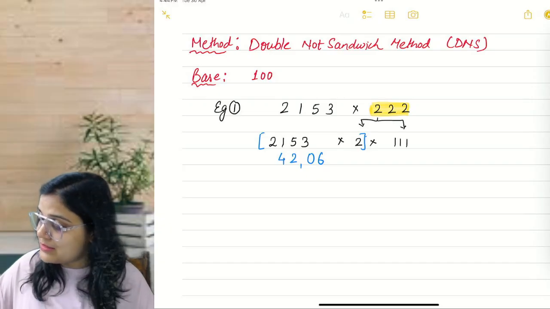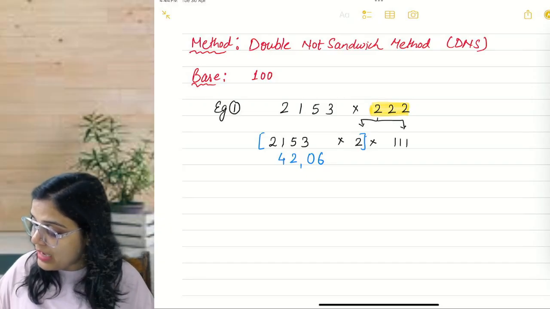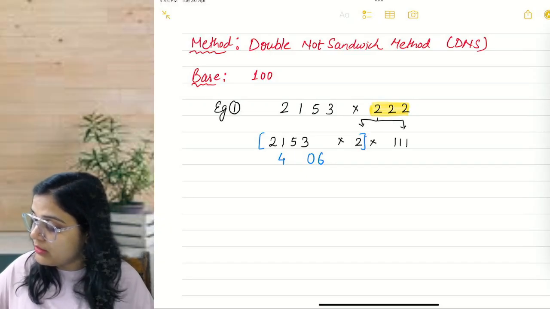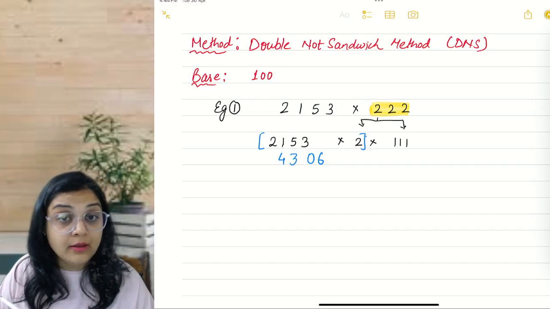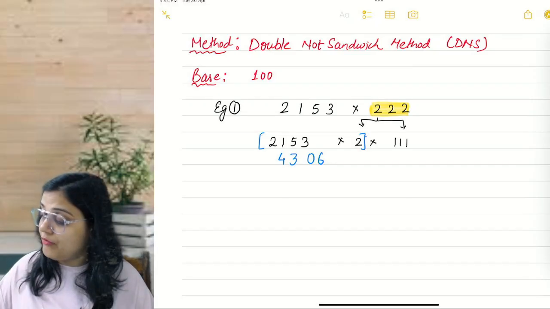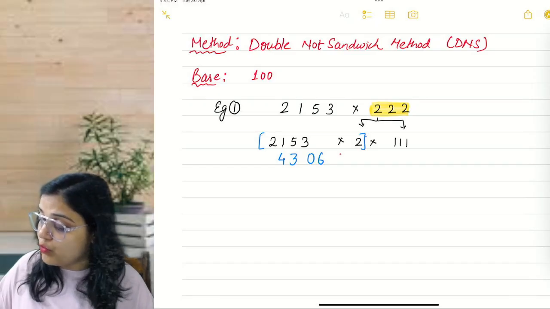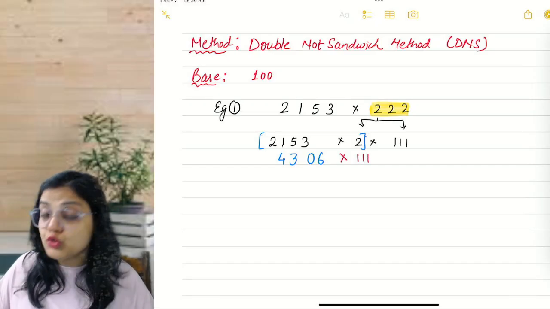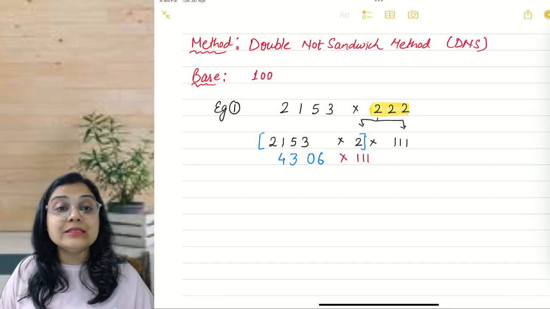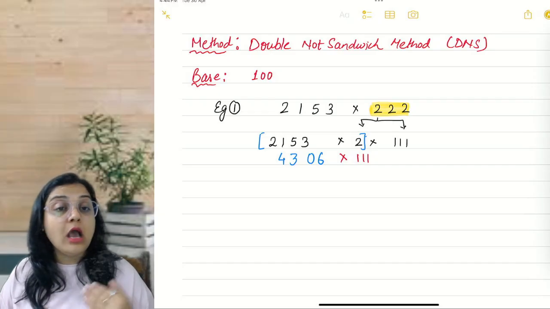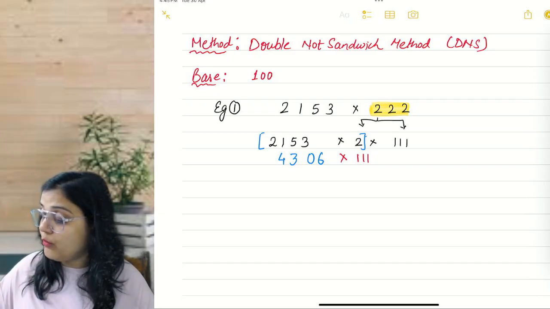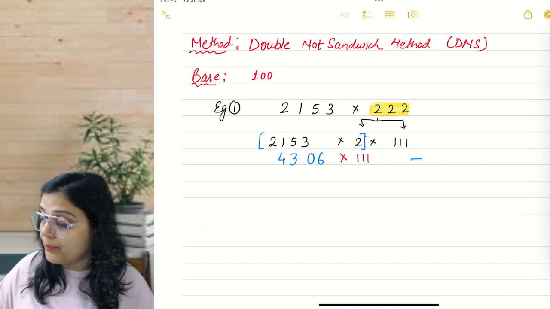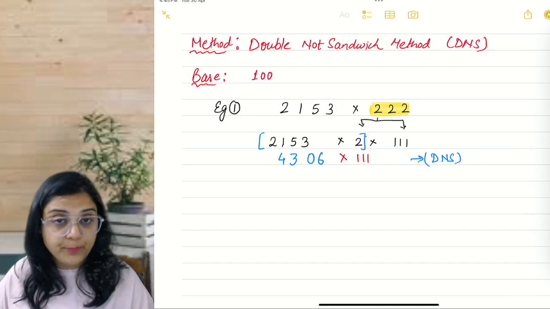And in the same step, I am just going to balance 2 and 1. That will become 3. Alright, in the same step. And we have to multiply this with what? Triple 1. So now we are at the stage where we have learned how to multiply a number with triple 1. And here we are going to use what? We are going to use the DNS method.